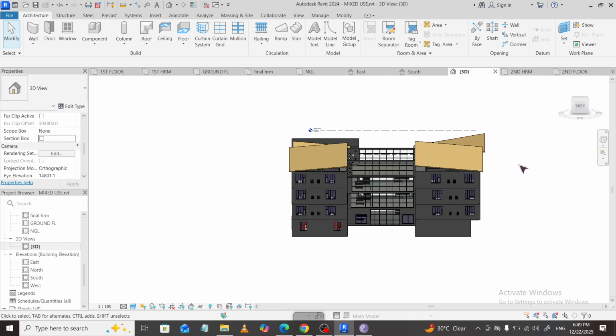By disabling the section box from the Properties palette, you bring back the full model and regain a complete perspective, which is especially helpful for reviews, screenshots, and coordination. Remember, the section box is a view property, so it's a safe, reversible way to focus your work without modifying the underlying